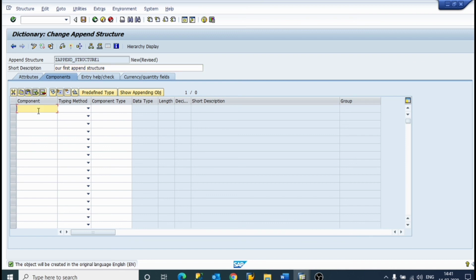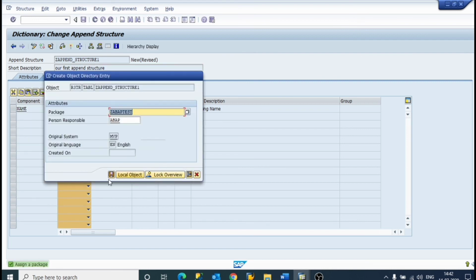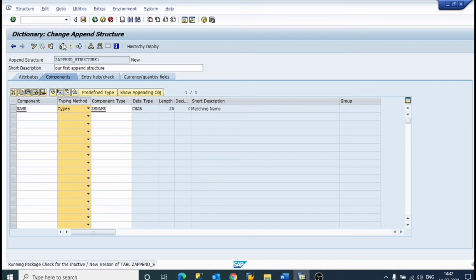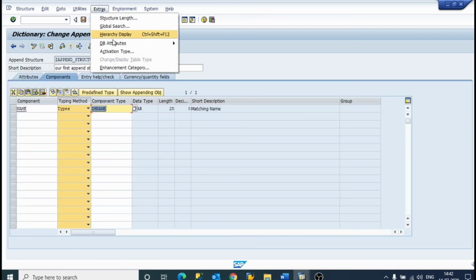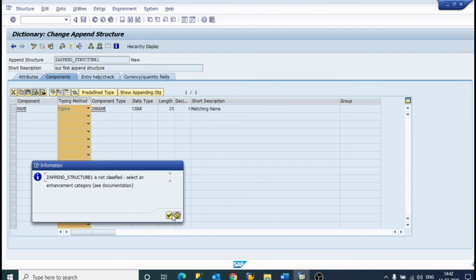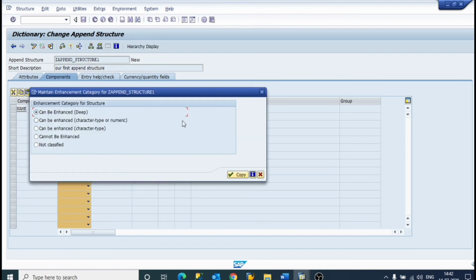Now any name we can give to our components: name, with a type, and a match name. Just save it. Yes, check it. Enhancement category: we will choose extra enhancement category, can be enhanced deep.